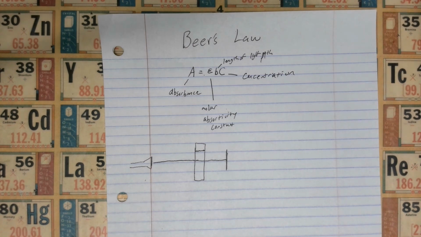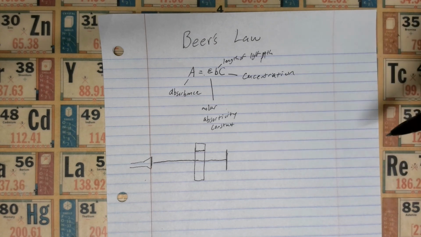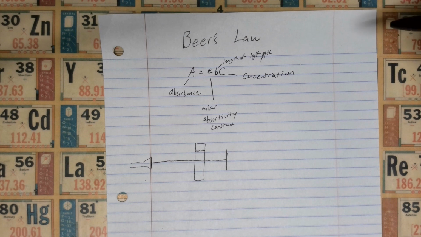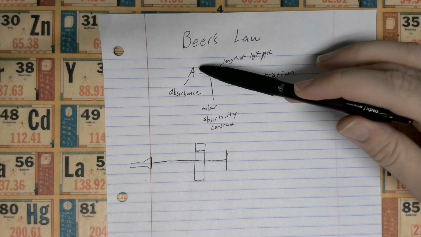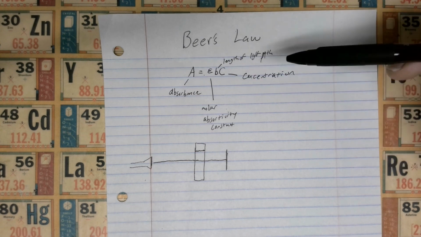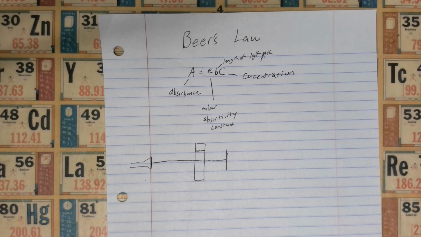Okay, so that is Beer's law in a nutshell. There are labs that we do with this, in which we make varying concentrations, and then we figure out what the absorbances are for those, and then you should be able to get a good baseline, and you can use the absorbance to find an unknown concentration of a liquid, or if you have a set of data points